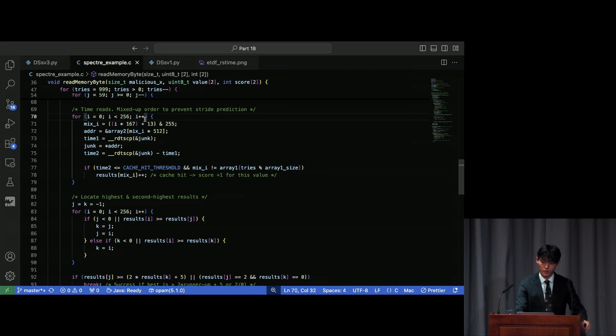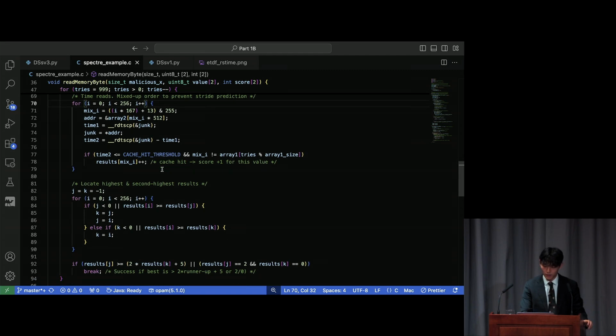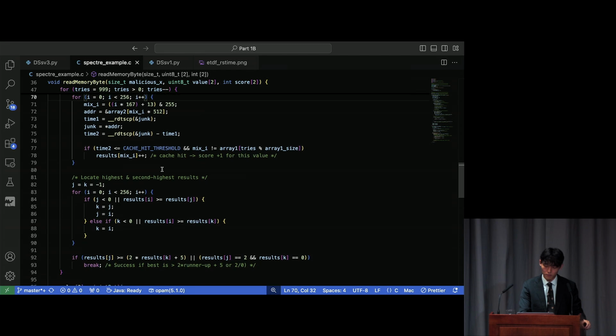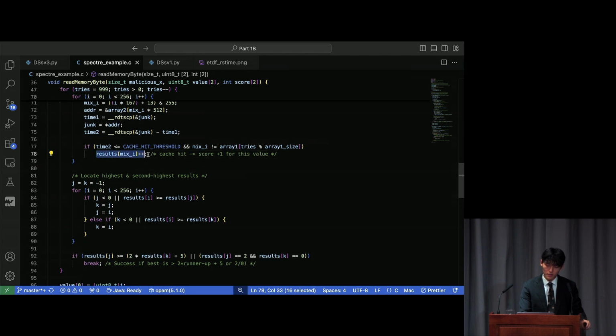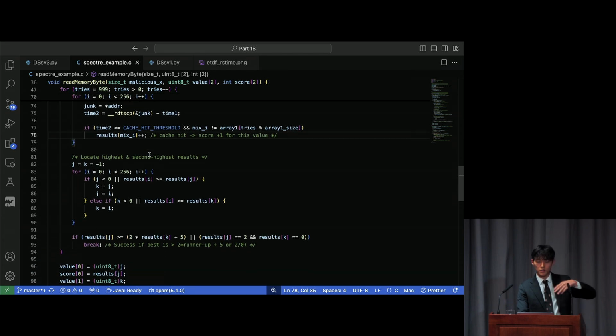It doesn't call them in order, it actually mixes it up, but it calls each one. And it measures the time it takes to read whatever cache line was brought up from array 2, seeing if there's one that's quick enough that we can think, okay, so this was a cache hit, meaning that the victim called this particular cache line from array 2. And it increments the results. And obviously this runs a bunch of times,